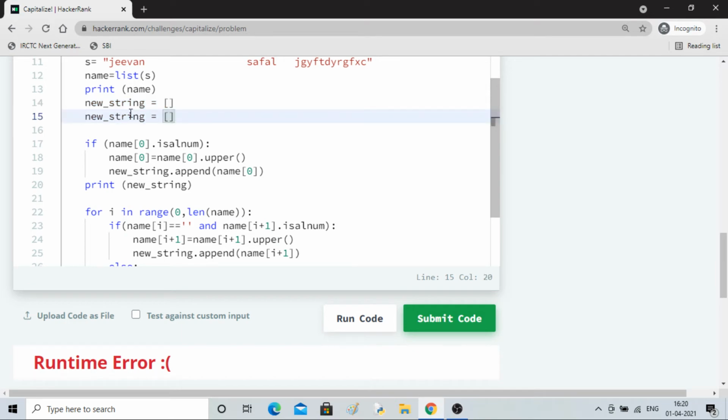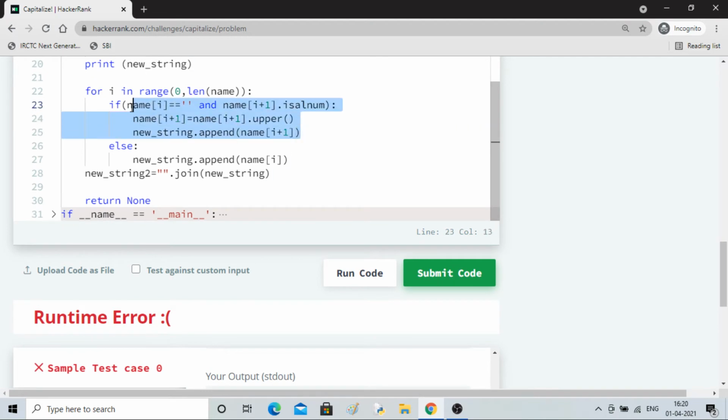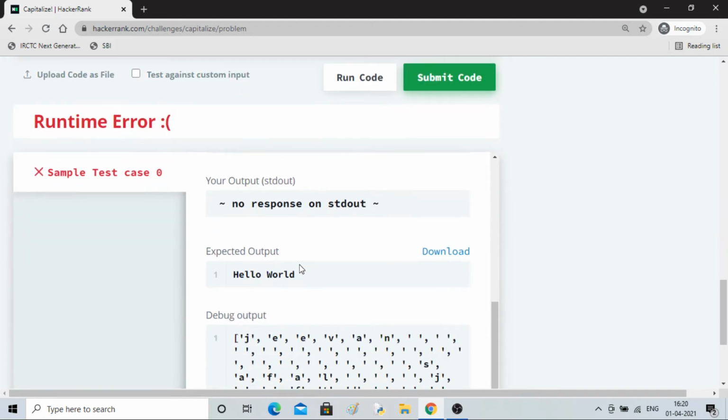So what it is doing is, you can see that I've explained this guy. It will check for the positions just to capitalize it. If there is a space and the next guy is alphanumeric, it will capitalize it. If you have a space and next is also a space, then it will not do anything.